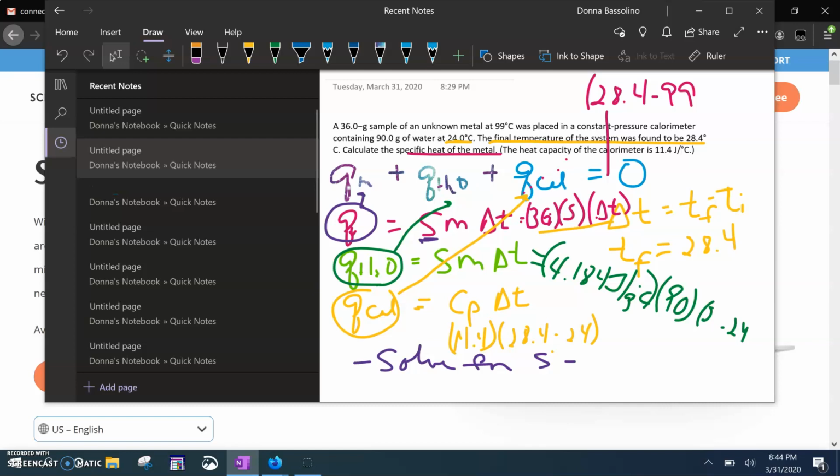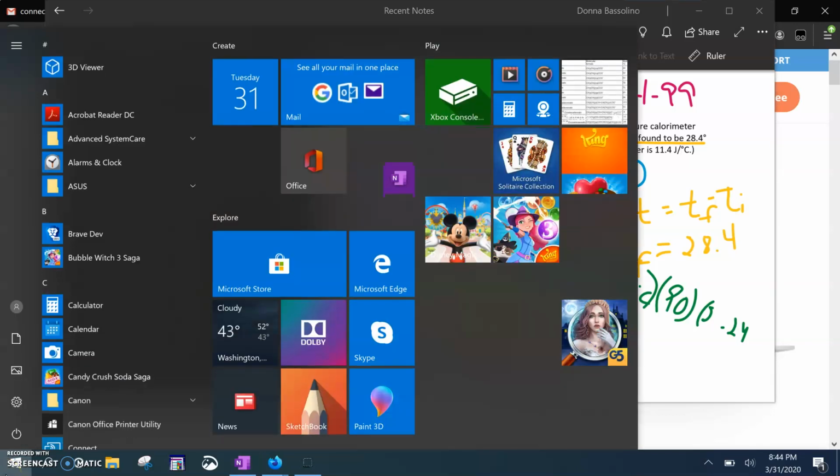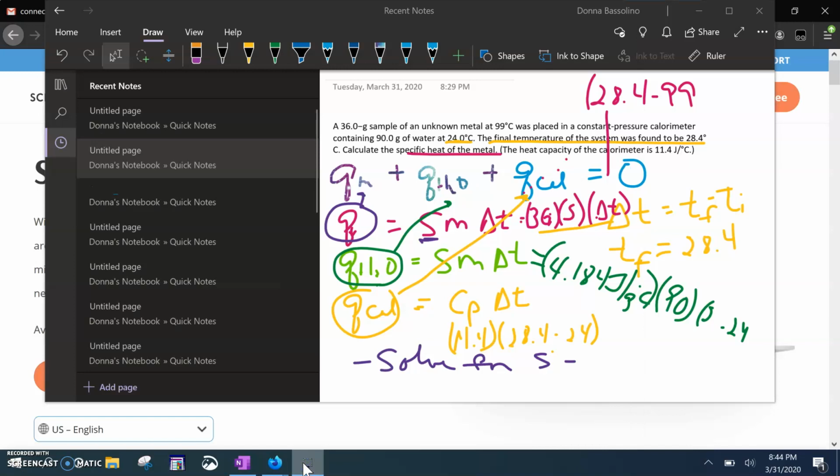Okay, so hopefully that explains how to do 2 of these calorimetry problems, and we can do some more Thursday. Oops. I don't know what happened. How to turn this. When we have